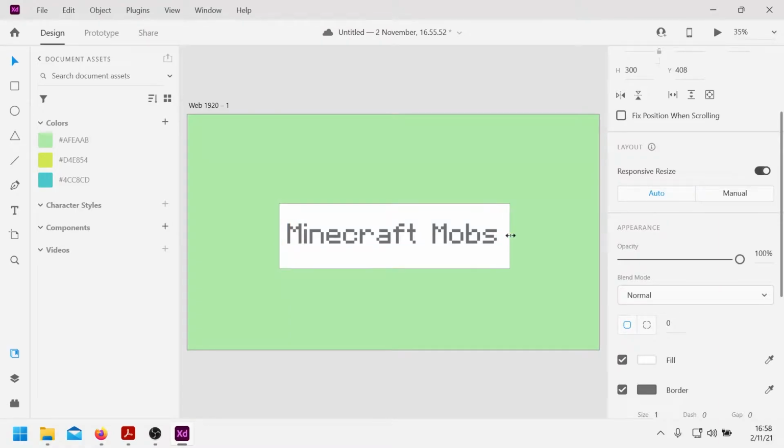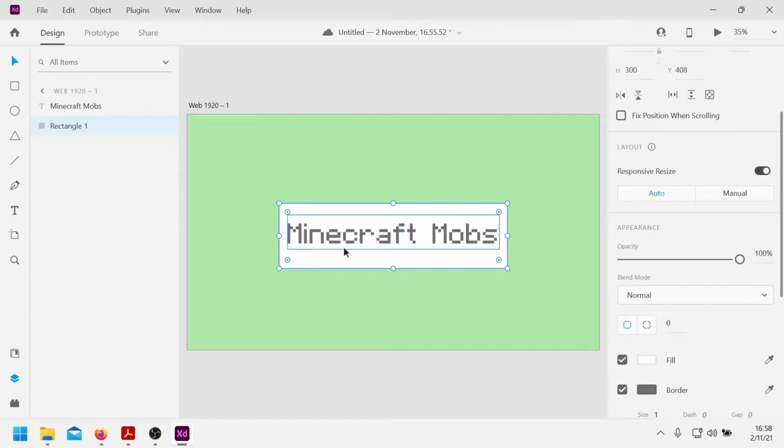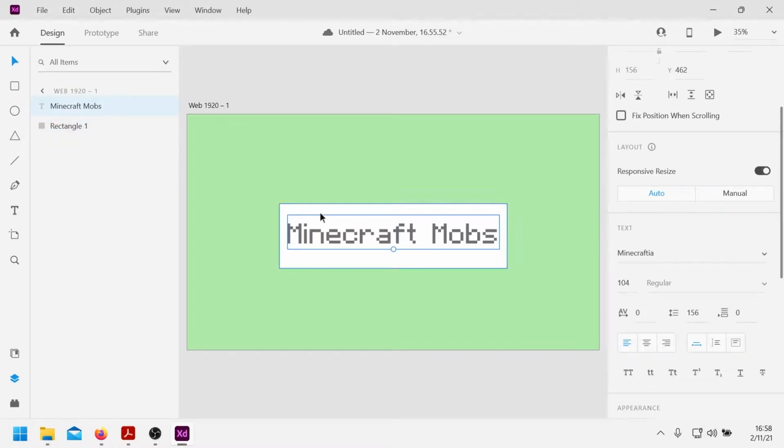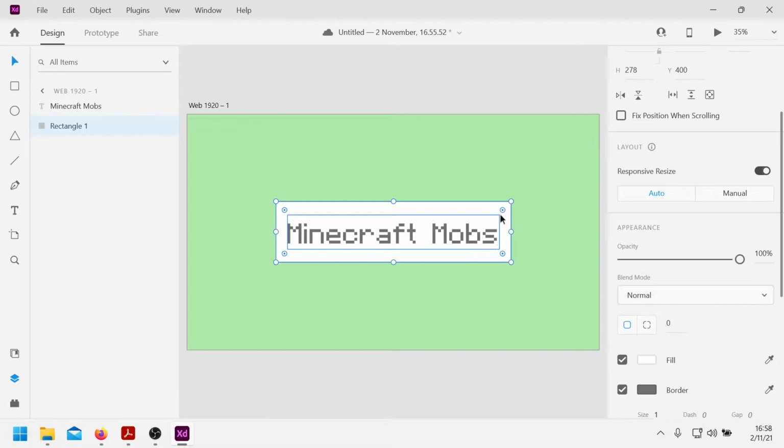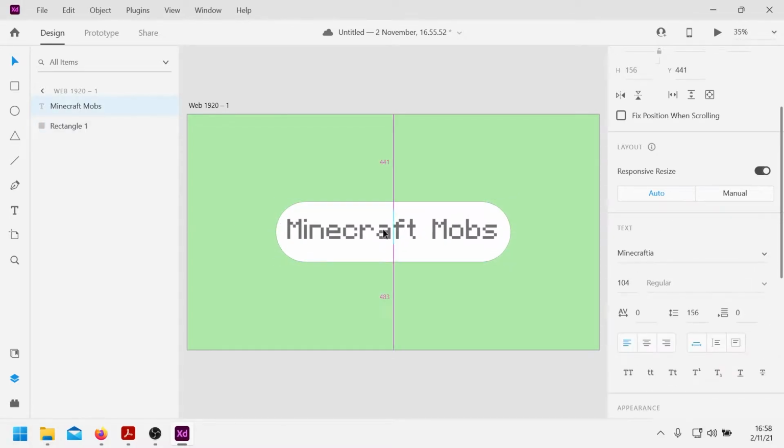Hello, welcome to this video where all I've done very simply at the beginning here, we've got Minecraft, mobs and a rectangle, so we've got our text and we've got that. It doesn't really matter necessarily to make it perfect at this point. The point being is that I would like to make a button